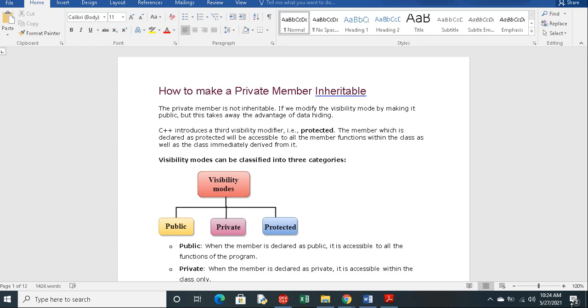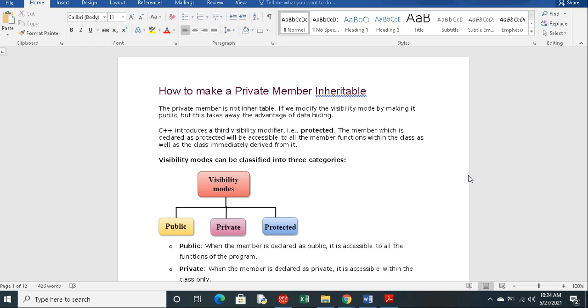That is possible with another visibility mode, called protected. If you keep variables under protected, only that class and the relatives of the class can access the contents; all others can't.